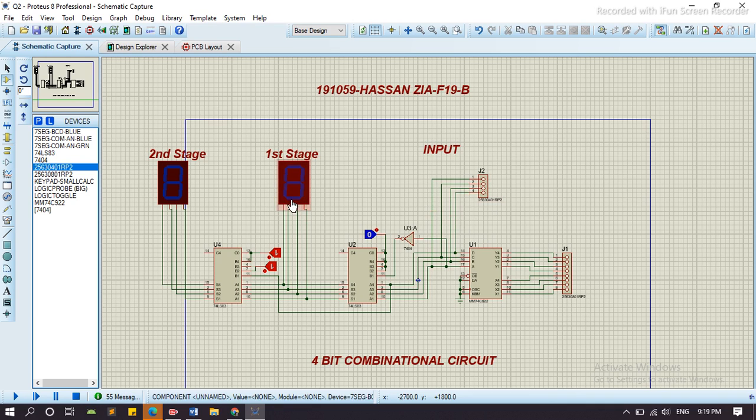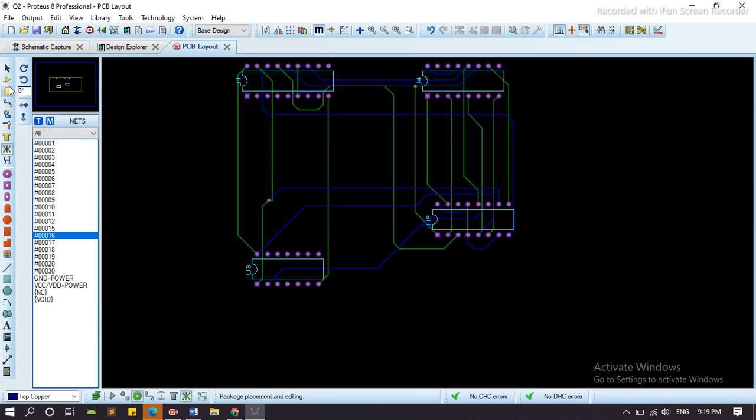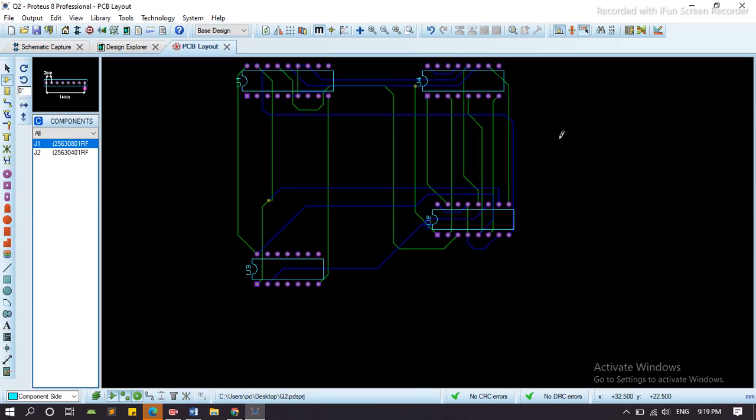Now similarly with these ones, now go to the PCB layout. Here we can select the other ones, J1 and J2.